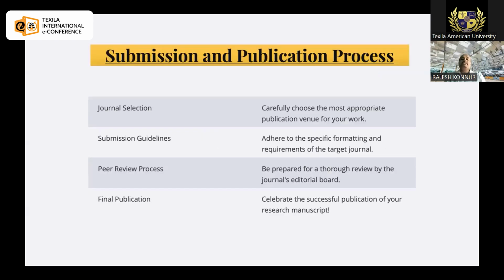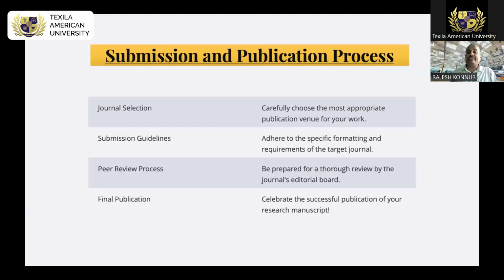Next, you can go for the submission and publication process. You have to select the journal. Which journals are the sources depends upon your topic and domain, whether you are in psychology, social sciences, or mechanical engineering; you have to select the related one. Go for Scopus Q1, Q2, Q3, Q4 journals, UGC CARE list journals, ABDC journals, then Web of Science, PubMed, or IEEE journals, depending upon your field. These are all the things you can select. There are AI software available, like journal finders.